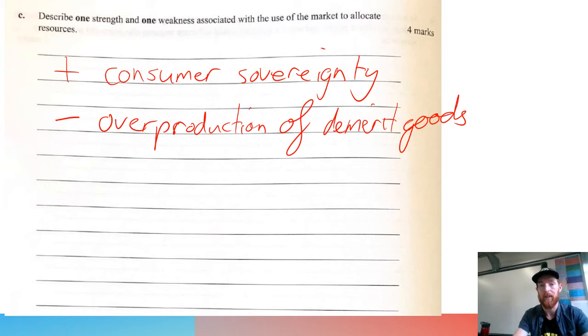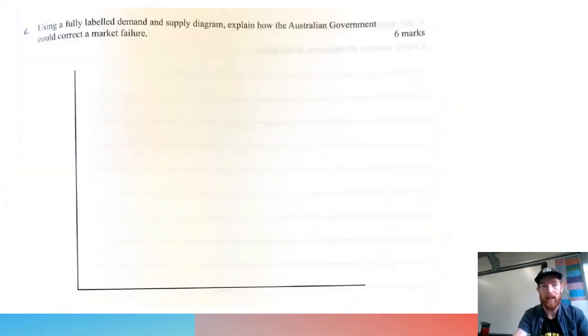So with both of these, you've got to talk about why consumer sovereignty is a good thing, and why overproduction of demerit goods or underproduction of socially desirable goods is a bad thing. You could have many other ones. These are the ones I think are very easy to talk about. It's only described, so talking about what it is and a little bit of how that impacts things is totally fine. And then the last question: using a fully labeled supply-demand diagram, explain how the Australian government could correct